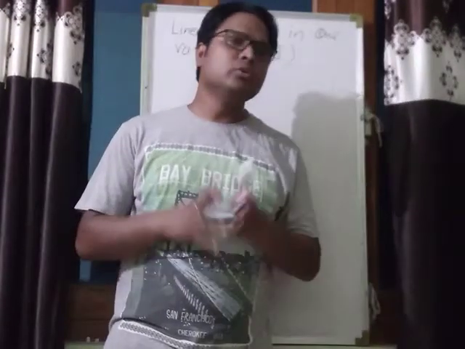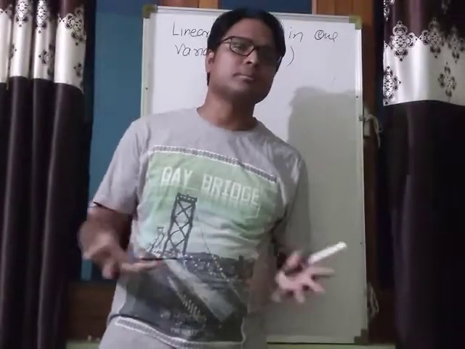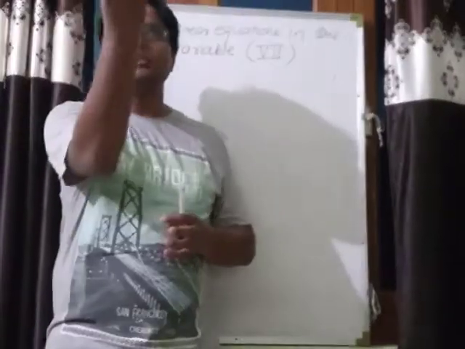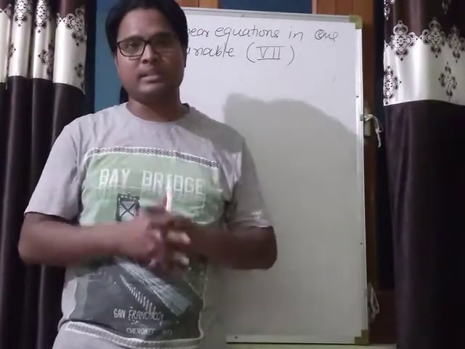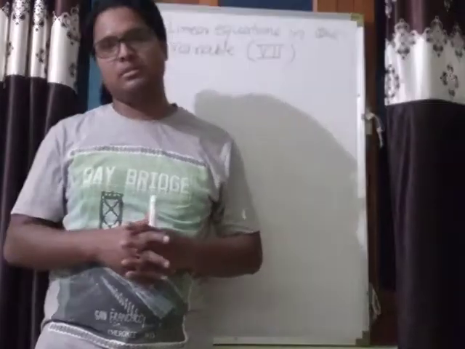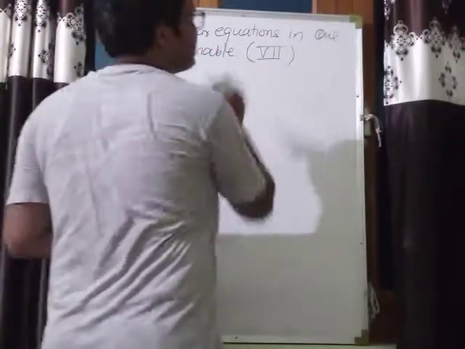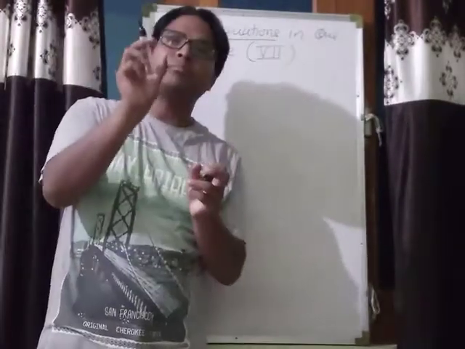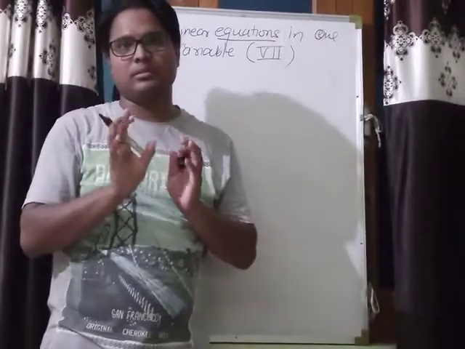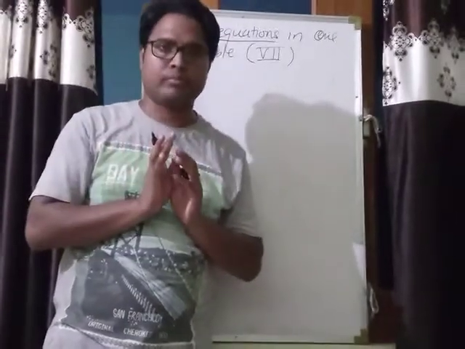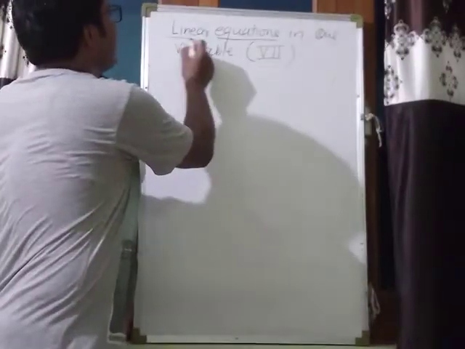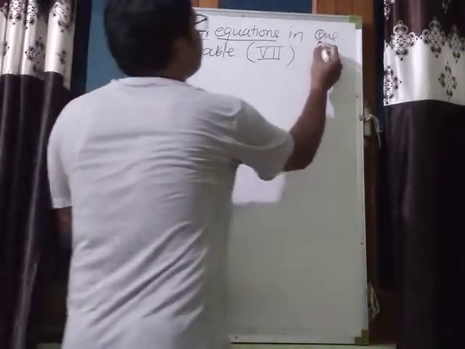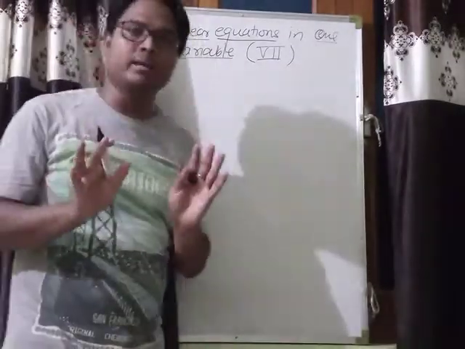Equations. We know that in class 6th you have read about simple equations. Any expression in which equality is present, that is called equation. So now in that expression there must be equality. Equal should be present there. Okay? After that it must be linear and there will be only one variable.